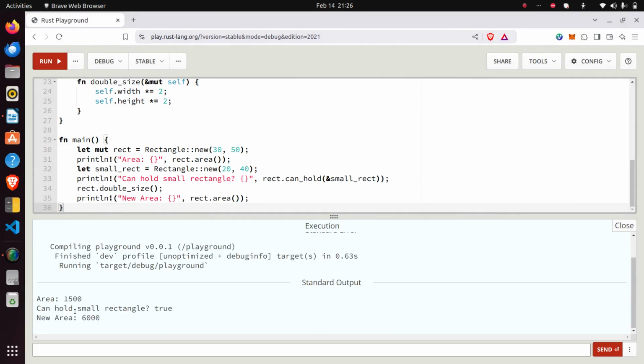let me run. Okay, so the output is area 1500, that is rect.area. The inputs are 30 and 50. So how do we calculate area? We just multiply both the values. So 30 multiplied by 50 is 1500. Okay, and the next output is this